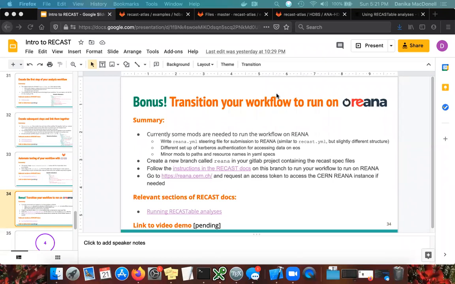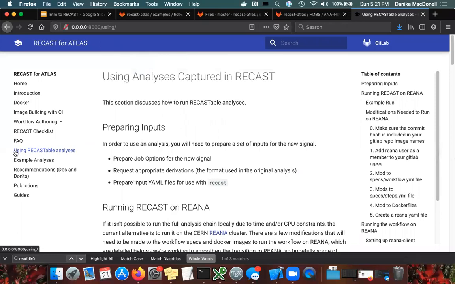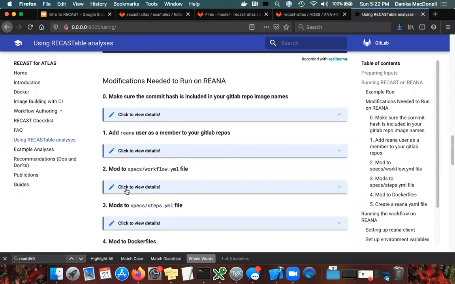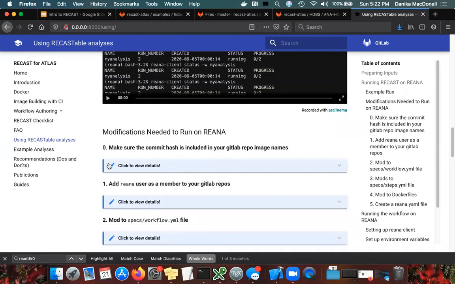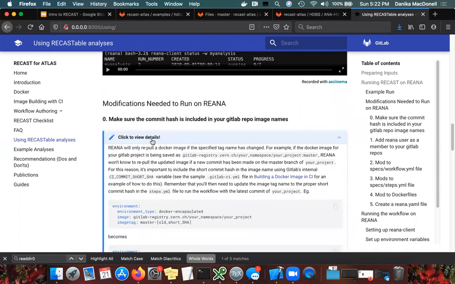In this video, we're going to go through the steps needed to transition our analysis recast workflow to run on the REANA platform. There are some instructions in the recast docs for doing this under using recastable analyses. If we go down to modifications needed on REANA, we're just going to go through and make these mods in this video. So the first thing is that we need to check that the short commit hash is included